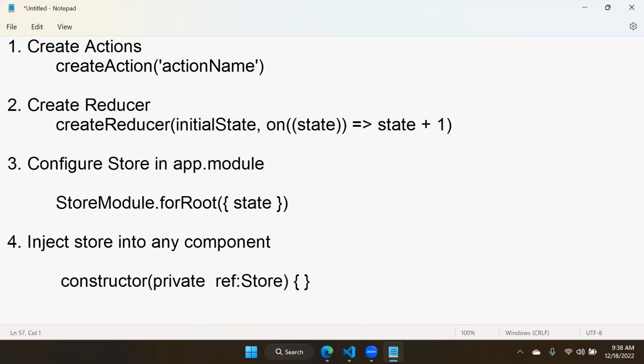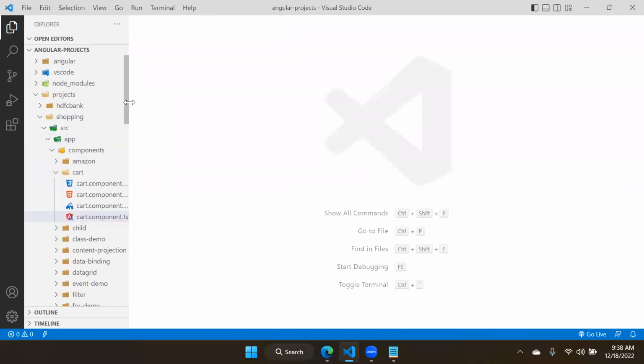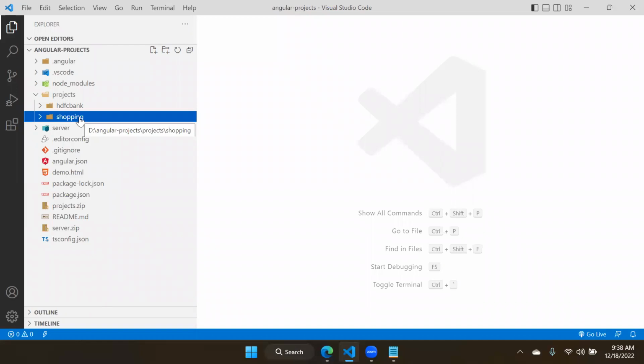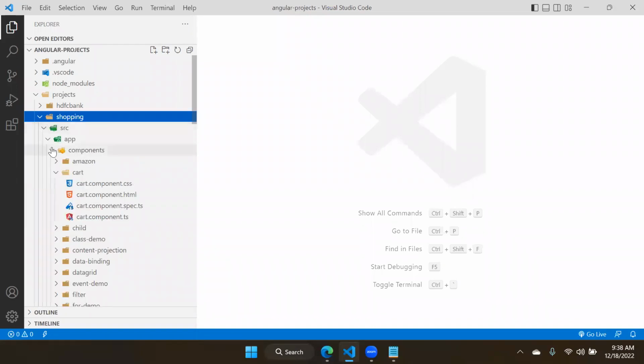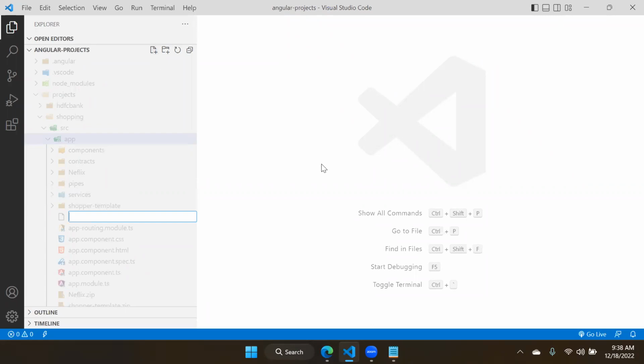Let's see one simple example. How do we implement this? So, one basic example of implementing this. First we need to create actions. I will do one thing here. In our project, I will create a new file. We added NgRx into the shopping project. In the shopping project, in app, I will add a new file. Suppose the file name is